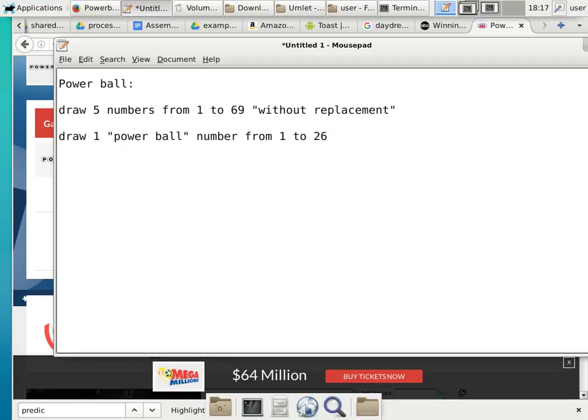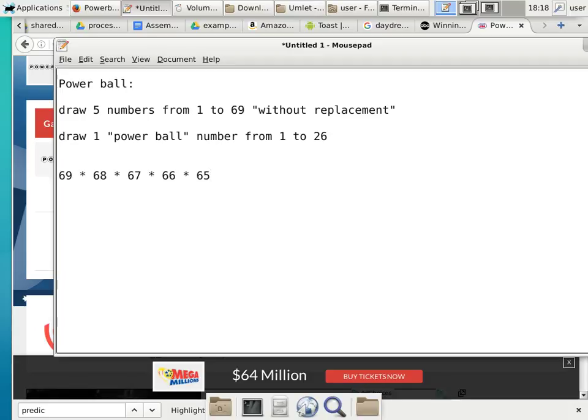69, right? Because that's basically the whole thing. So we have 69. And what about the second one? Oh, you have 68 now. 68. And then the third one is 67. And then 66. And then 65. Does everybody understand why I have 69 choices to begin with, but once I have 1 ball drawn, there are